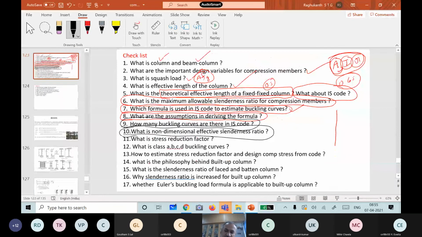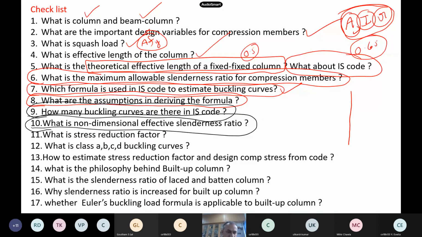Now what is the stress reduction factor? Given in the IS code, what does the stress reduction factor, that eta, mean? It is nothing but N by NR.